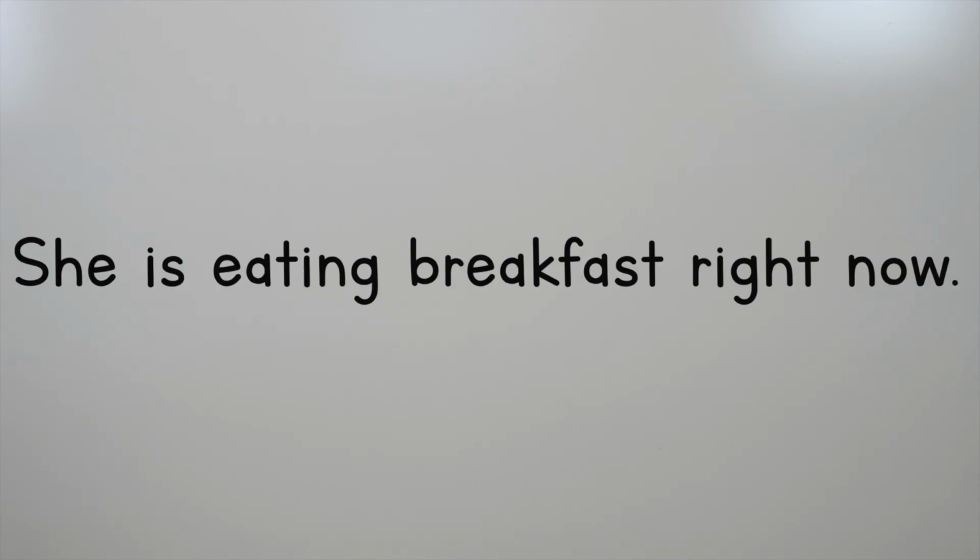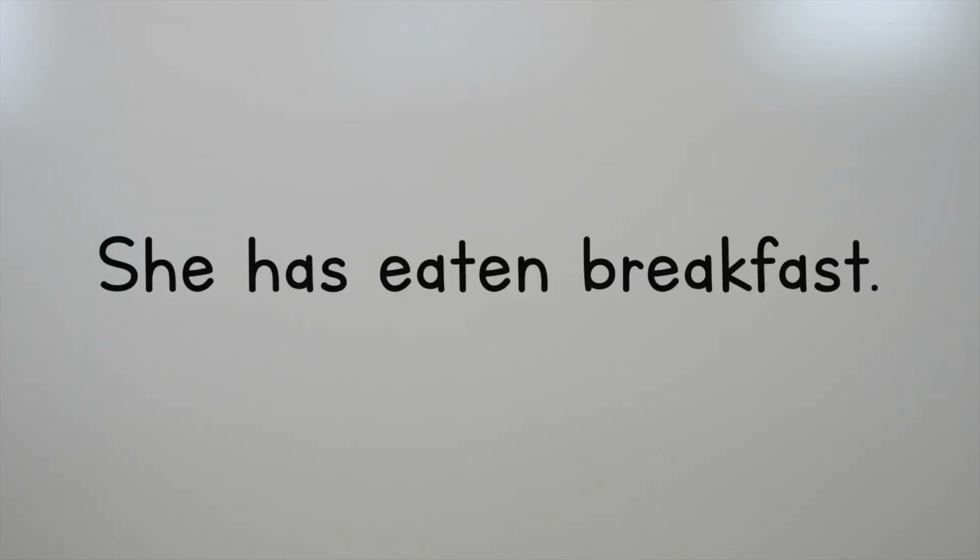In the second picture, using the continuous form, you would say, "I am eating breakfast right now." Using the pronoun she, "She is eating breakfast right now." In the third picture, using the perfect, your sentence could sound like this. "I have eaten breakfast." Using the pronoun she,